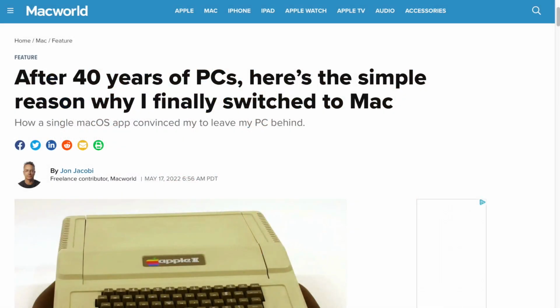I just threw in the chat the last article that we had slated tonight. One application that caused this author to switch to the Mac. And of all nights for Jim Ray not to be here, I would love to hear Jim's take on this, because it is a relational database. I was not familiar with this program. I looked it up, and it looks like something I'm going to have to take a look at, especially given that Jim is on the panel here, and Panorama's been around for so long.